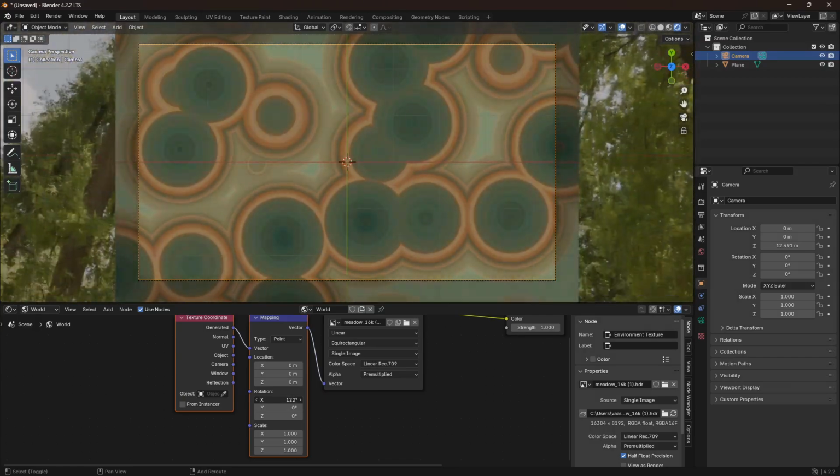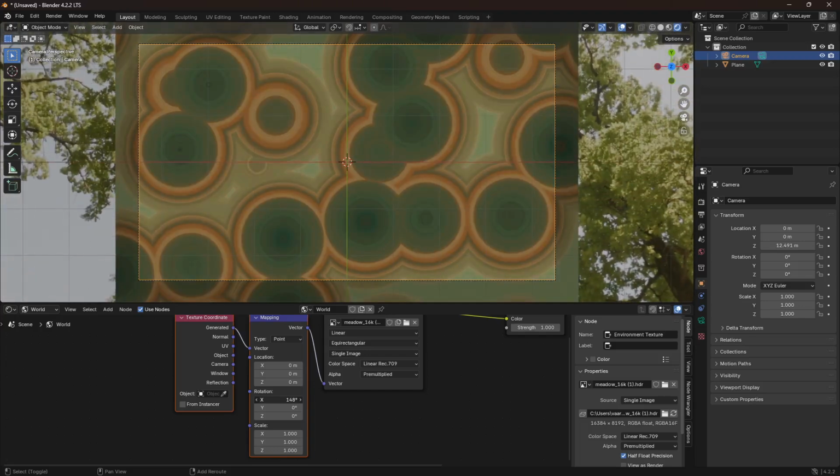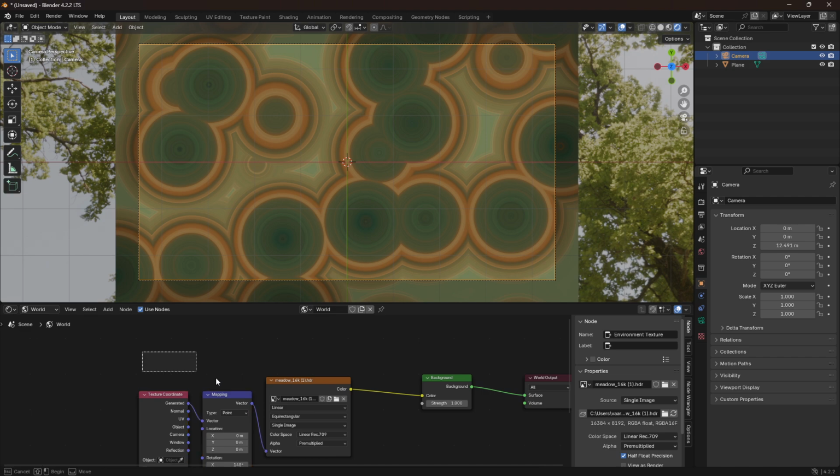So I'm just going to pick somewhere a fun look that I find that has sort of like a crystallized and cool look. Somewhere like this is fine. So another really